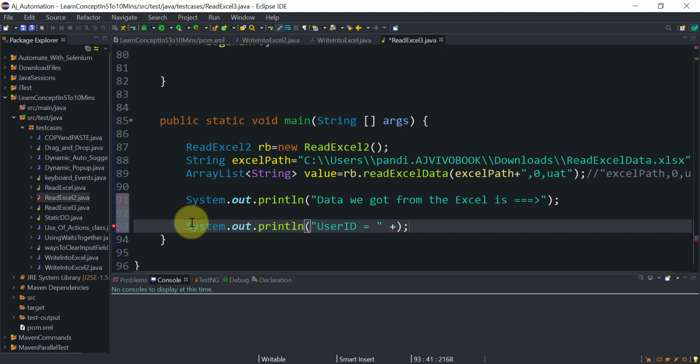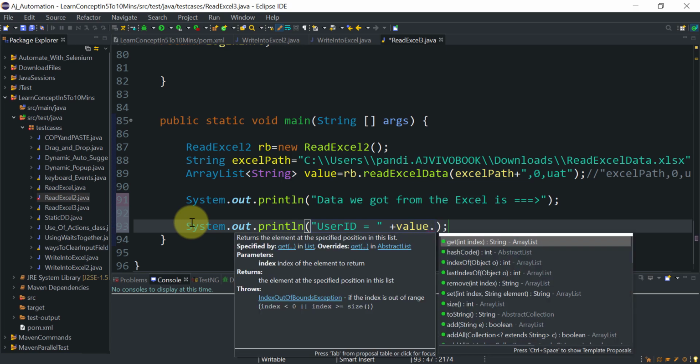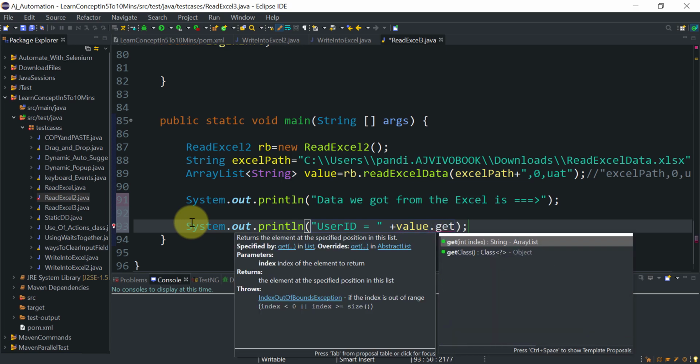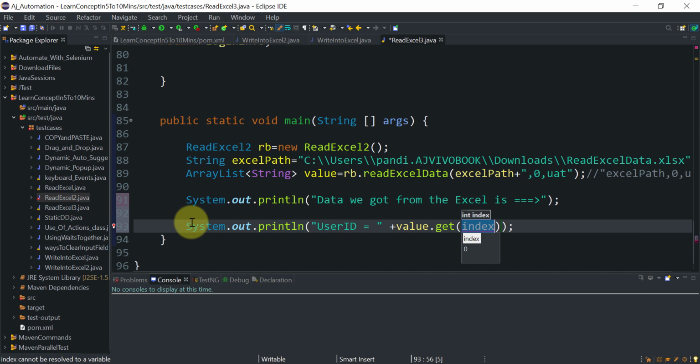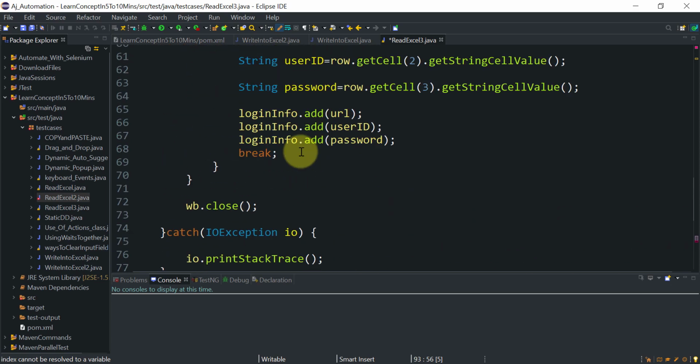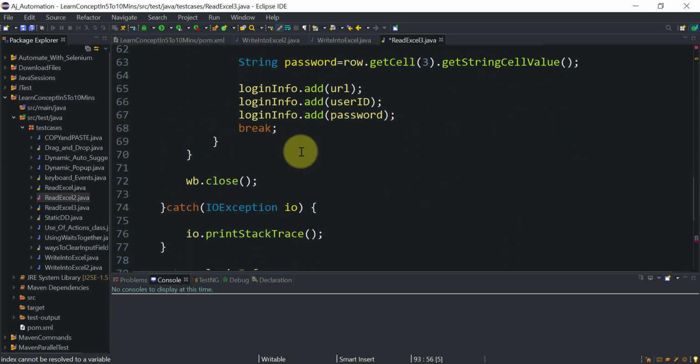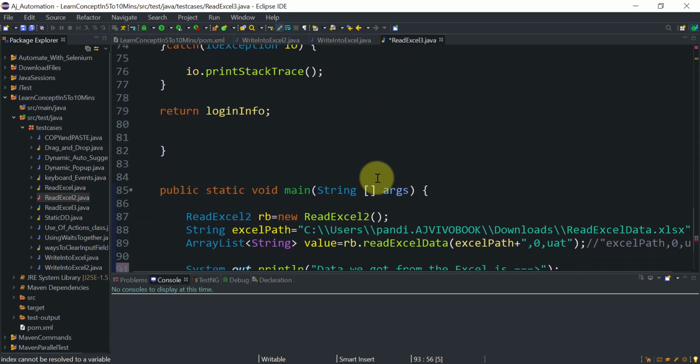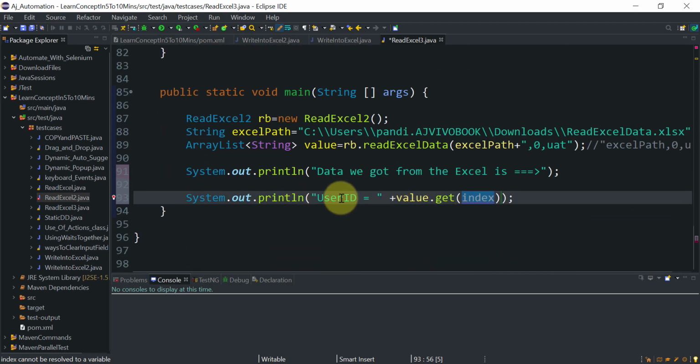It will be available in the array list. How will you get the data from the array list? Using the index. So the array list reference is value, right? Value dot, there is a function get, and here you need to just pass the index. Let's say first the URL. The URL is available at the 0th index. So URL is equal to the data available at the 0th index, that is my URL.